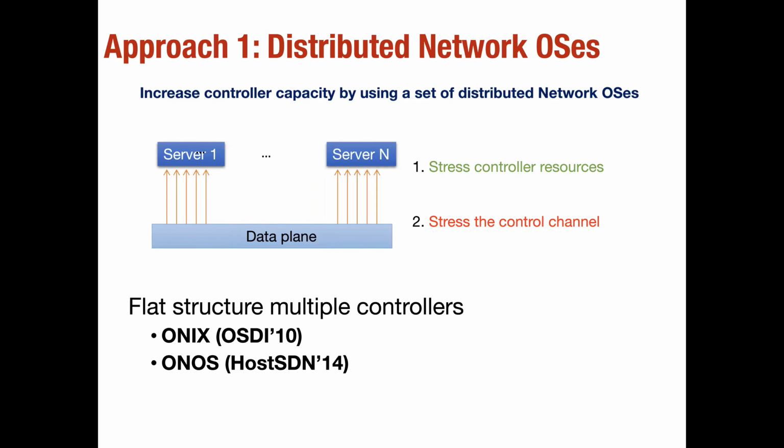So what can we do? One approach is a naive or simple distributed network operating system, where we run multiple instances of the operating system on different servers, and only a subset of data plane elements interface with one operating system, and the others interface with another instance of the operating system, right? And this is how two very popular operating systems that we will be talking about are implemented. I would caveat that there are more nuances to it, but at a high level we can map this simple distributed abstraction to Onyx and ONOS, right?